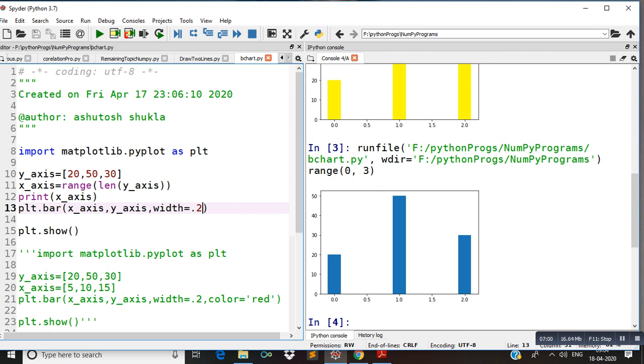Otherwise you can change the color like this: color is equal to red, and the color will be red. Instead of red you can use only r also, which gives the same color. Now see its output.